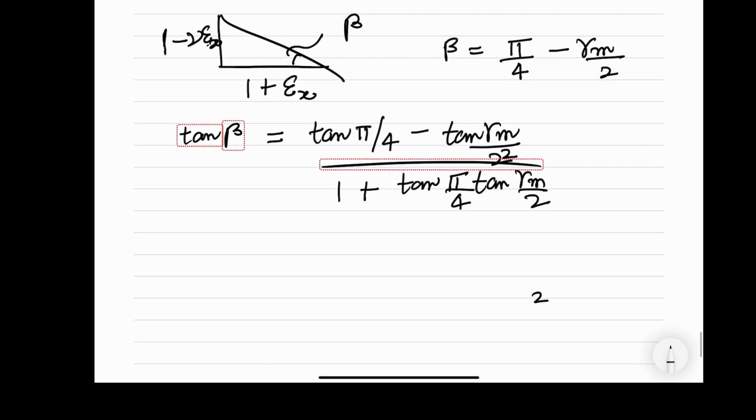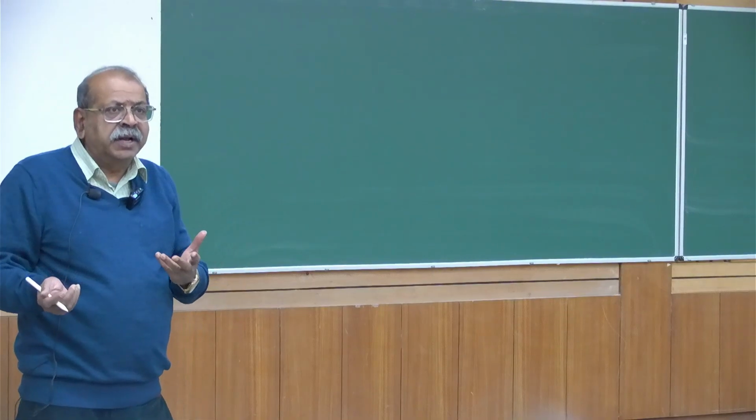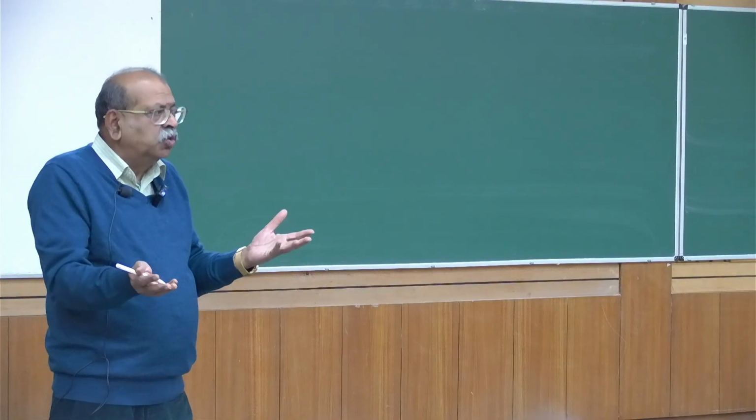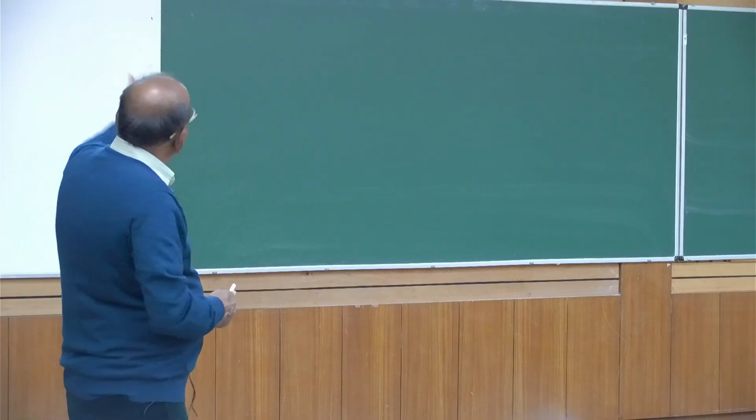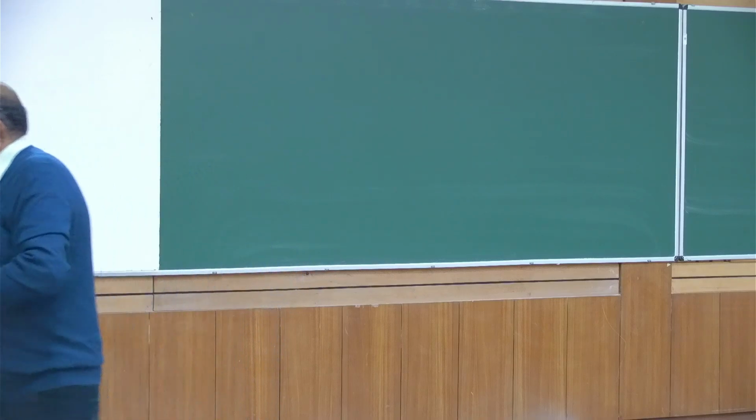So basically, I'll just tell you what we are going to do. We use this relation, and then we use that tangent beta will be equal to 1 minus nu epsilon x divided by 1 plus 1 plus epsilon x. And we equate the two. And when we equate the two and use the relations between E and nu, we will get, once we